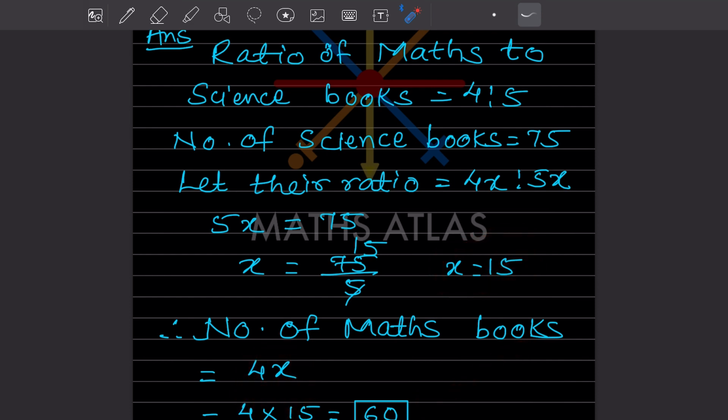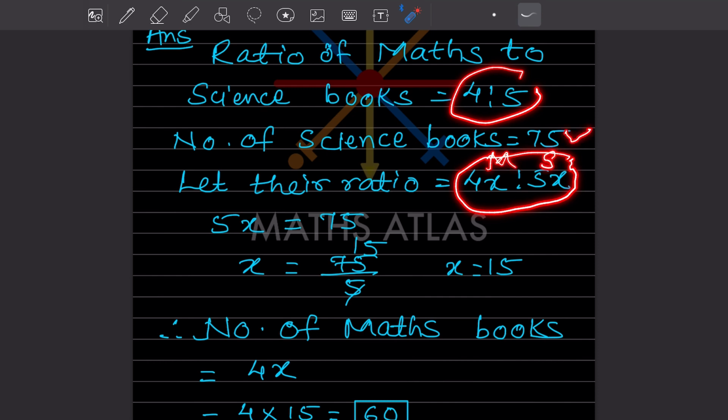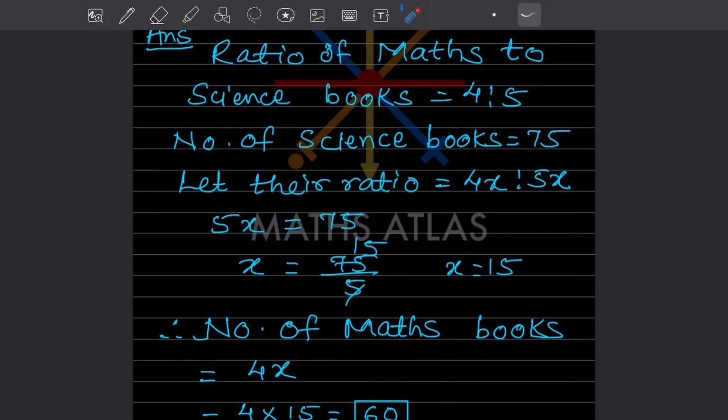So see here, the ratio is given. We just put x for convenience so that it's easy to solve. This is maths and this is science, and whatever number of books is given, that is the science book, which is 75. So because this was given, we started with 5x is 75. So we got the value of x. Once we get the value of x, it is easy to find the number of maths books. We just have to plug it in here. Hope this is clear. We have not completed this exercise, but we'll do it in the next session